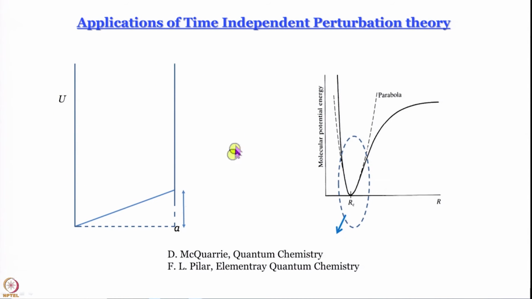Today we are going to talk about a particle in a box with a slanting bottom, and in the next module we are going to discuss what is called an anharmonic oscillator. That is where we will see what kind of problems we face if we do not define our perturbation properly, or if we try to stop at too low a level of correction.